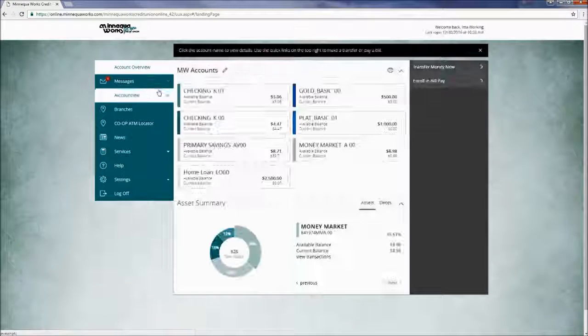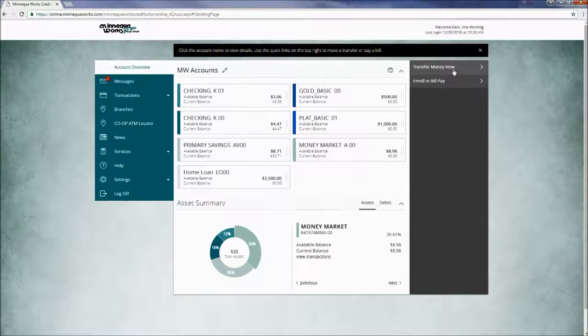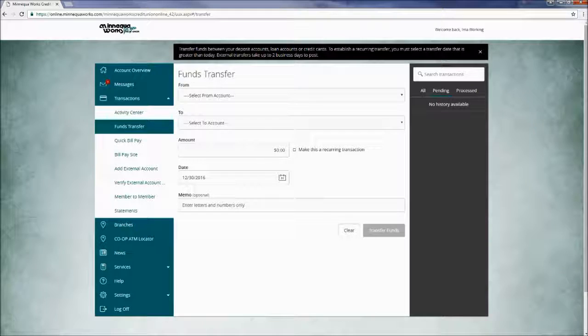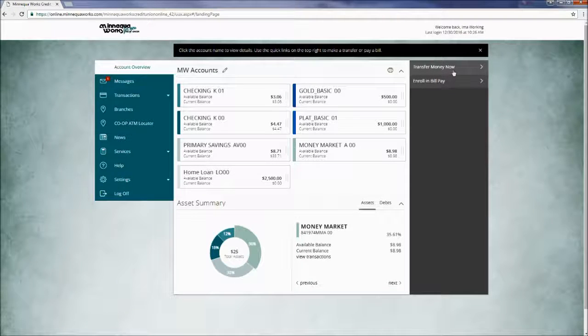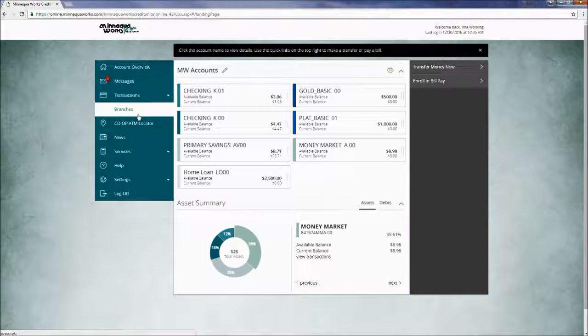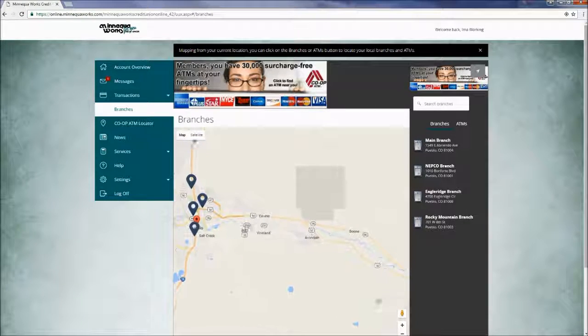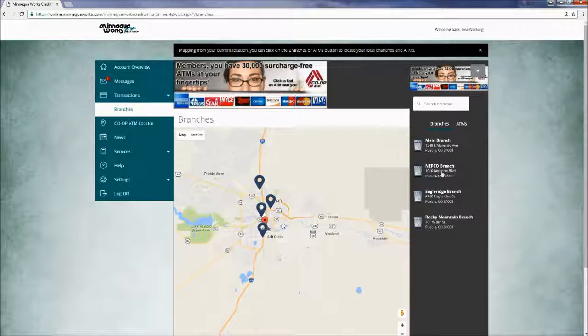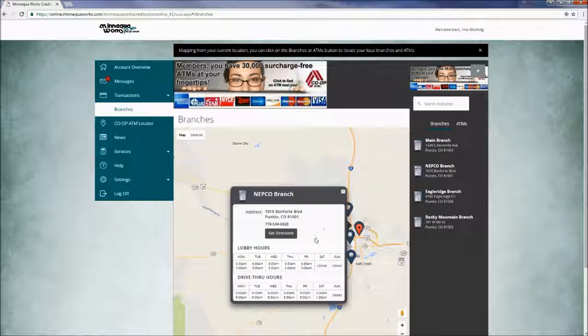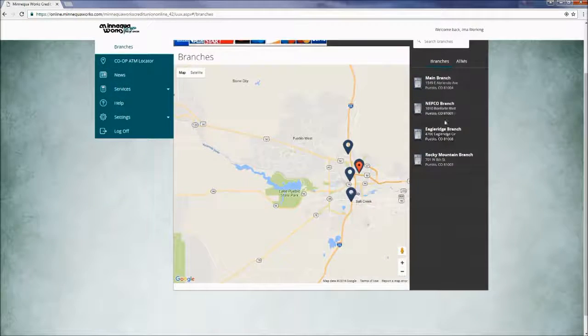And then there's also another place you can reach Transfer Money funds transfer, and that's just on your homepage. From the homepage, you can also view where the Minnequa Works branches are. This is a very nice interactive map. You can move it around. It shows you where each branch is located, its hours, its phone number, its address, and you can even get